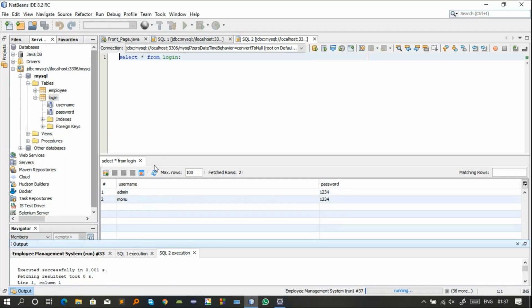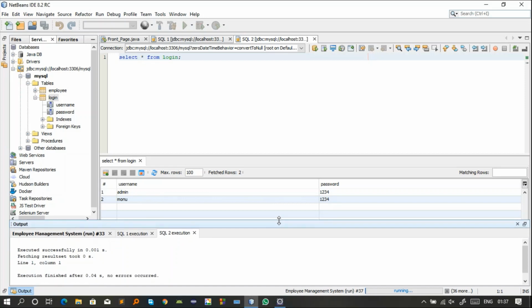So this is how this database is working. You can do the same thing while you are making your project. I hope this MySQL concept is clear to you all, and if you have any doubt in this connection,